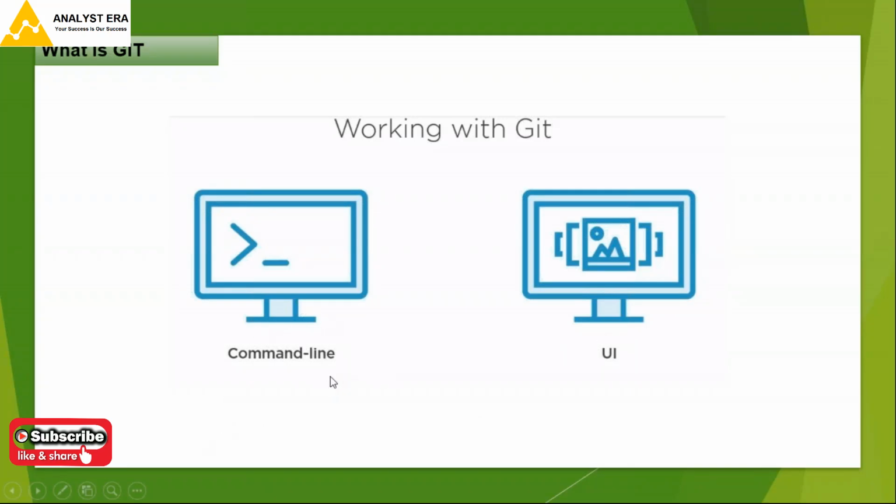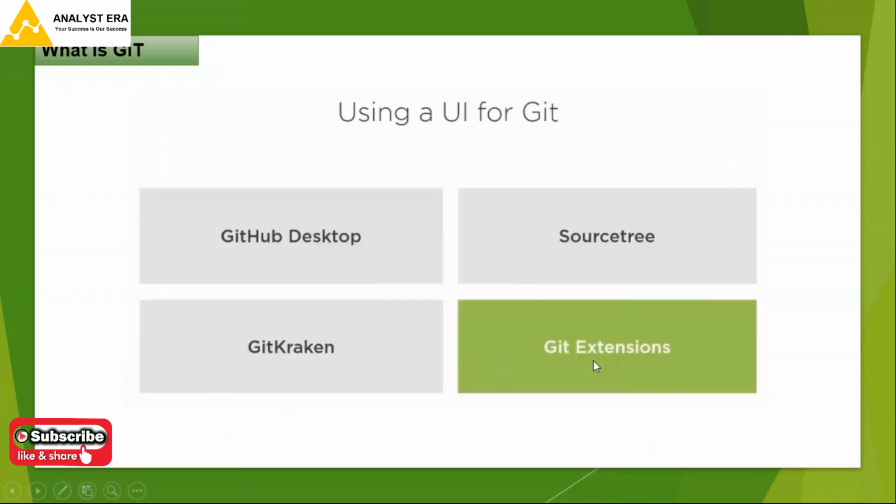We can just ignore it. Even though they are there, we can just ignore it and we can only work with the UI. That is what I wanted to highlight. So using the UI for Git, what are the different things which you have? GitHub Desktop is a